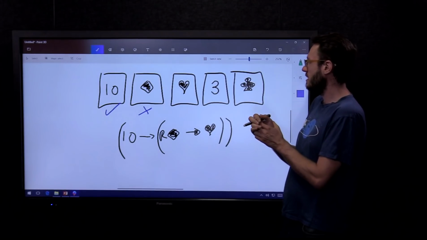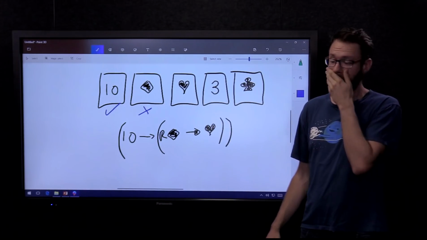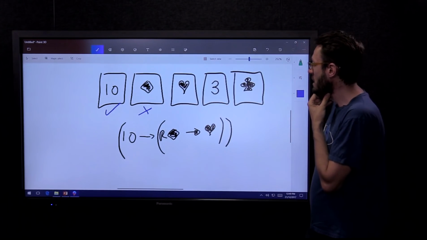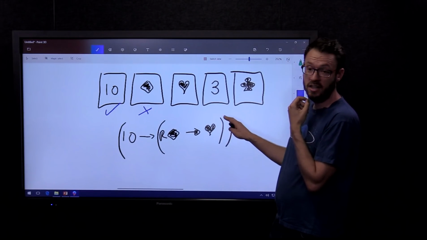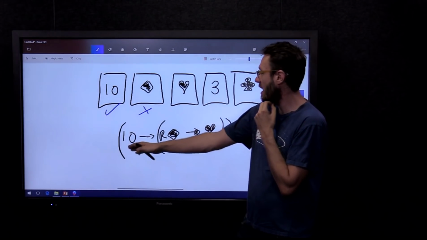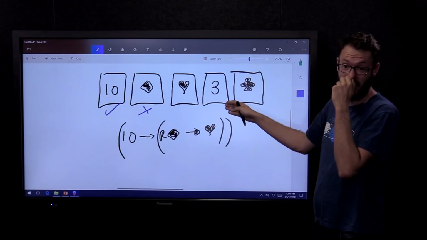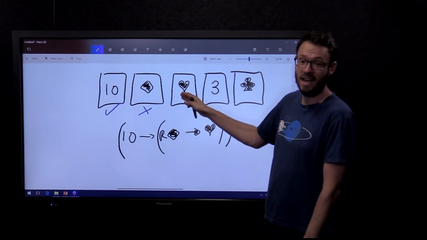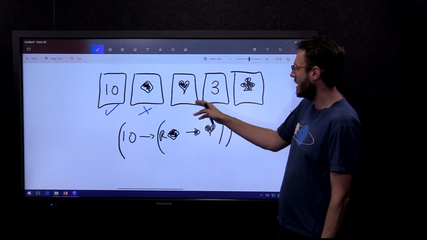Actually, sorry, this case should be okay. So I don't know whether it's got a 10 on the other side. I do know, however, that it's got a heart on this side, right? So what I know is that this part of the conditional, namely that if a card has a 10 on one side, then the other side of it has got a heart on it, if the card to the right of that is a diamond, is actually true, right? So this card has a heart on it, so there's no way that I could get a case where I've got